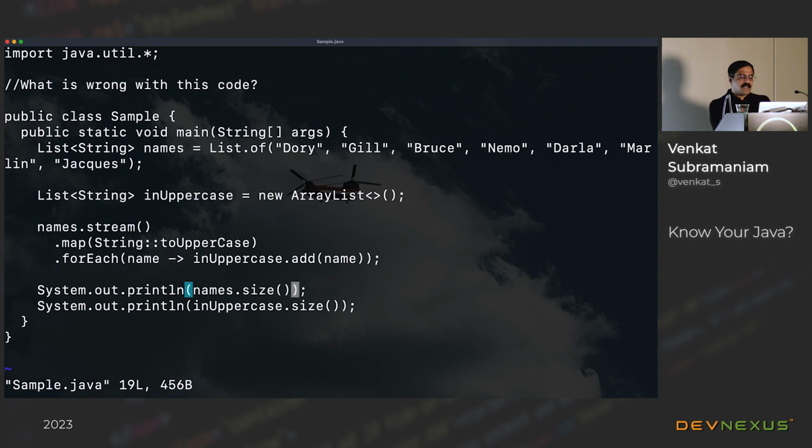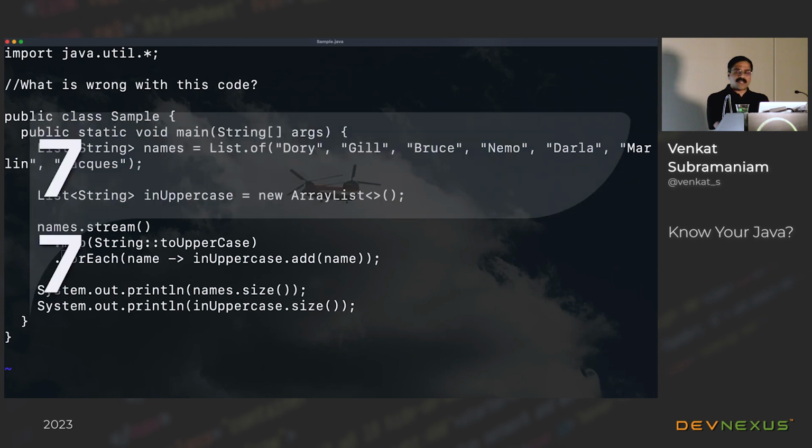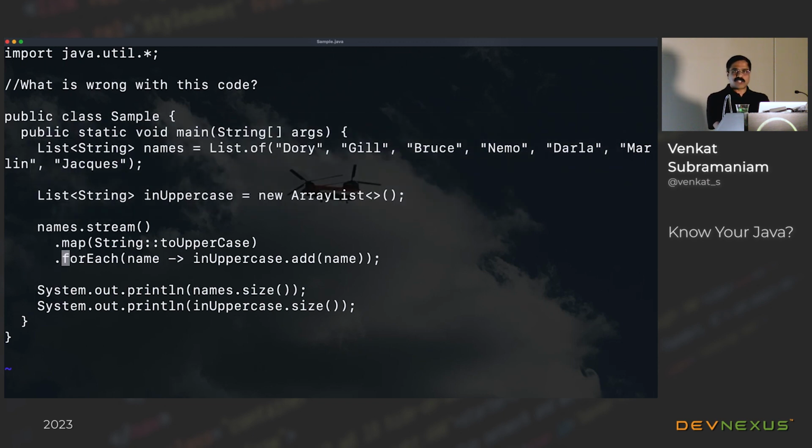So when we are done, I print the size of the collection that was the original and the size of the result collection. Now, you might really know that one of the properties of the map function is that it preserves the cardinality. So if you have n number of elements coming in, you will have n number of elements after the map as well. So that is expected. So if I run the code right now, you can see it says 7 and 7, so you can say the code worked. But here's my question, what is wrong with this code? Any tries?